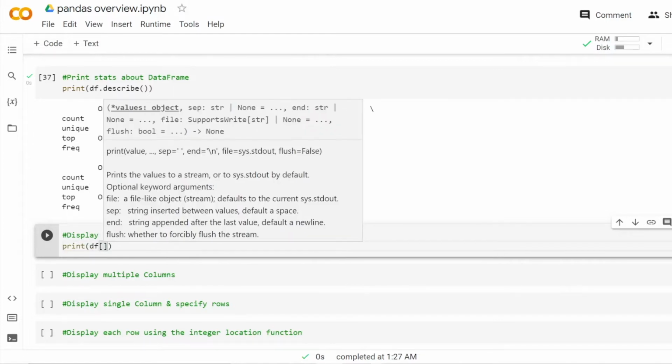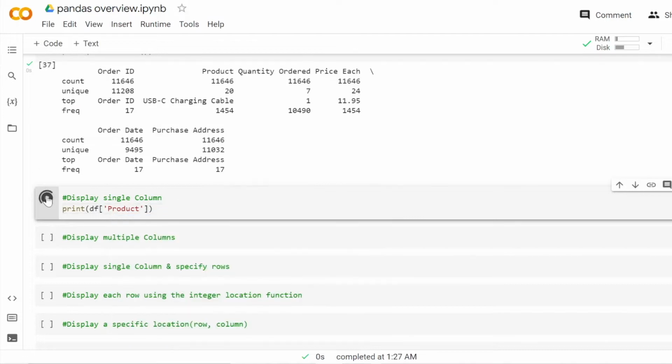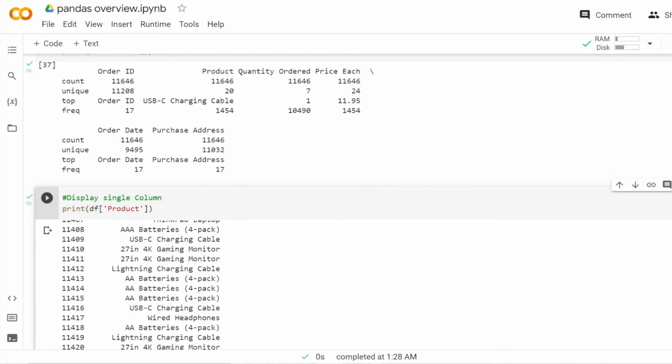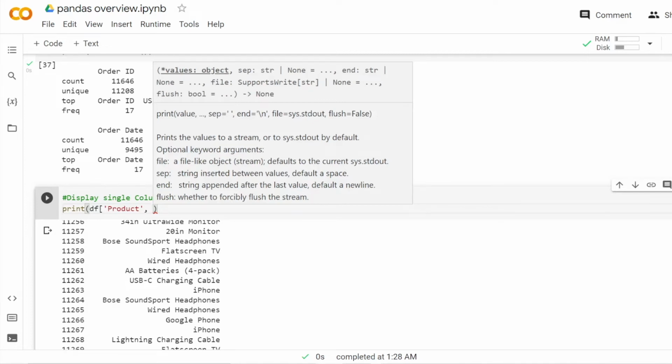Now, what if we want to potentially display a single column? Well, we can do that. We can use print and our data frame variable, and product is a column name. So we can do that, and we'll get the index and the product. So that's useful. Also, potentially we want to see products, but we maybe don't want to see